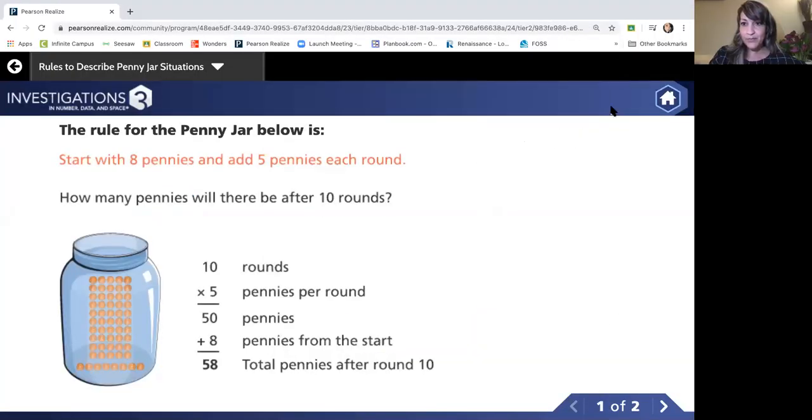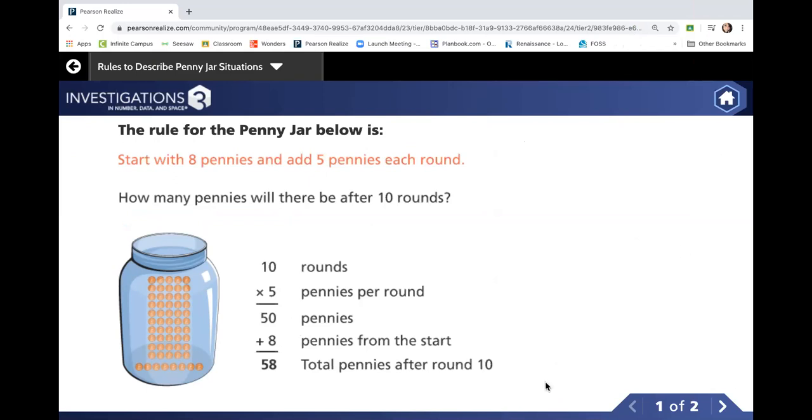I'm going to show you an example of a new penny jar situation. Let me share it with you. Now, as we go through this example, I want you to think about rules or a rule that can help you solve how many pennies are in the penny jar after so many rounds. This will help you especially when we start moving into greater or higher number of rounds. So instead of adding in your head or counting up, you can find a rule that can help you find